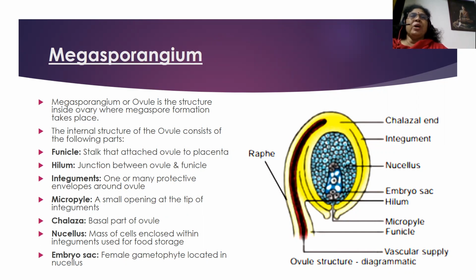The ovule has two parts. One is the micropylar pole. The micropyle is the opening through which the pollen tube enters, and the other opposite part is known as the chalazal end. Inside the ovule, the cells are known as the nucellus. It is a mass of cells enclosed under the integument, and one of the nucellus cells enlarges and is known as the megaspore mother cell, that divides to form the megaspore, which is also known as the female gametophyte.